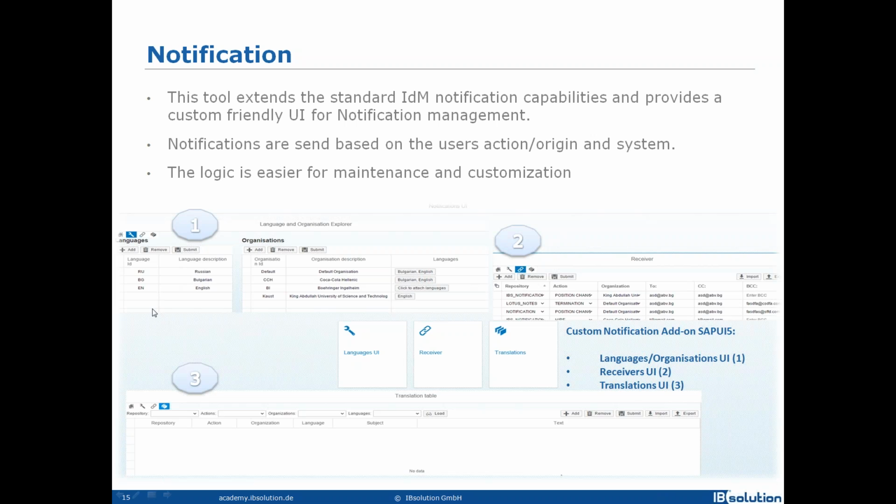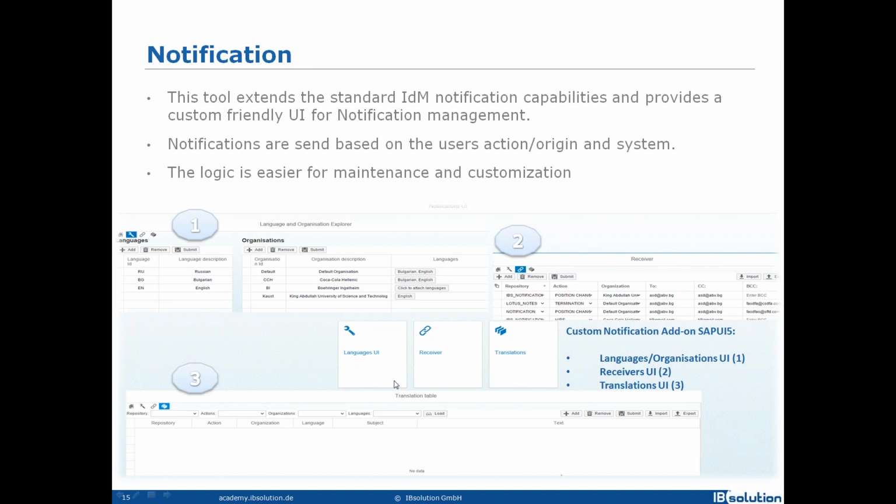We cannot put here a non-existing language. In the receiver UI, the data listed in the drop-downs, in the repository drop-down and the action drop-down, is coming directly from IDM. So here we cannot put a non-existing system or action.